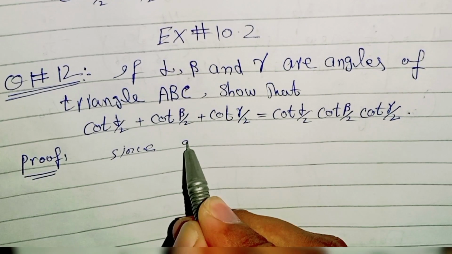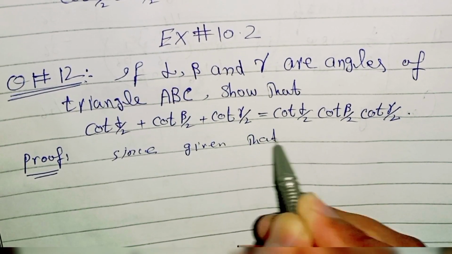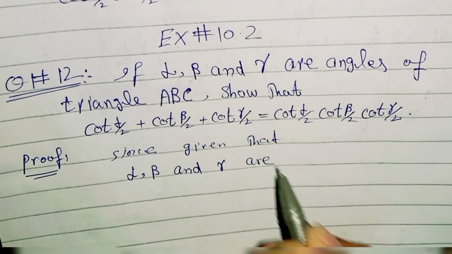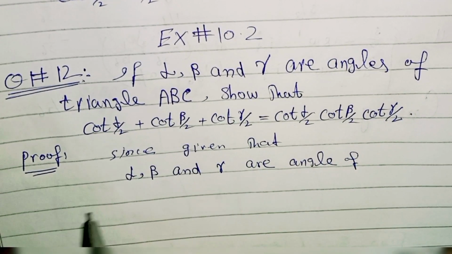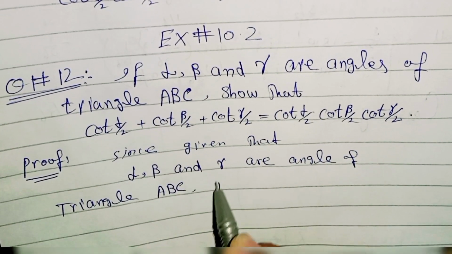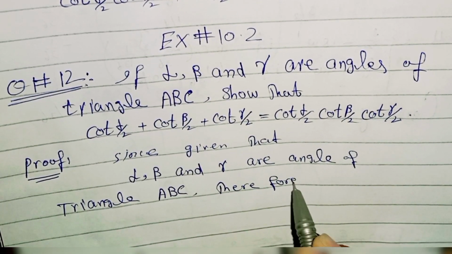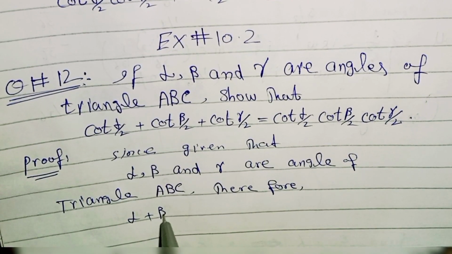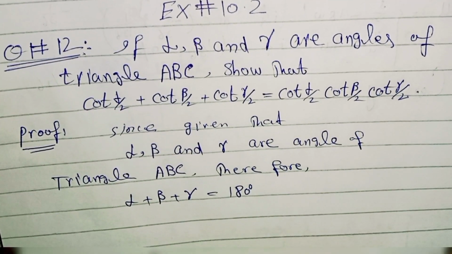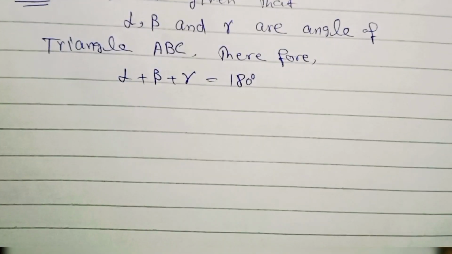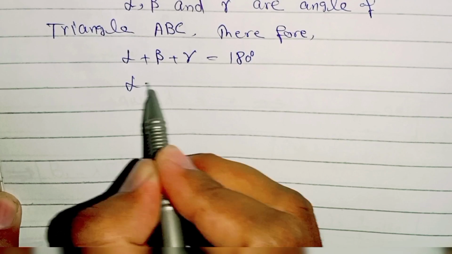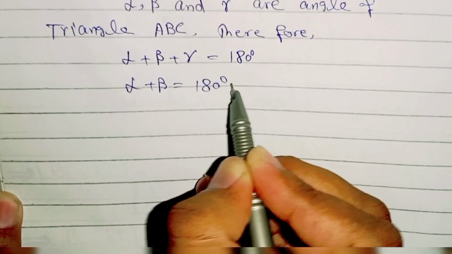Since given that alpha, beta and gamma are angles of triangle ABC, therefore alpha plus beta plus gamma is equal to 180 degree. So alpha plus beta is equal to 180 degree minus gamma,